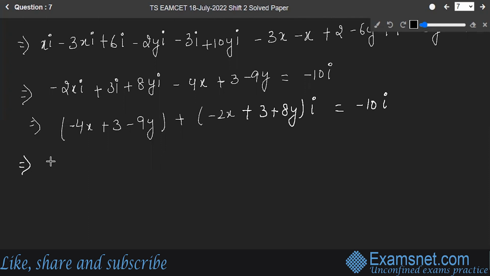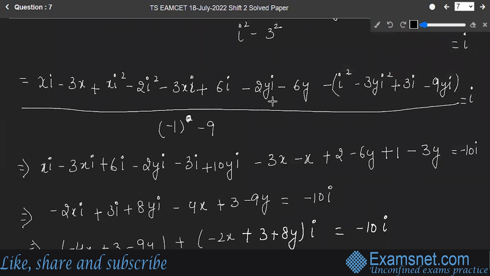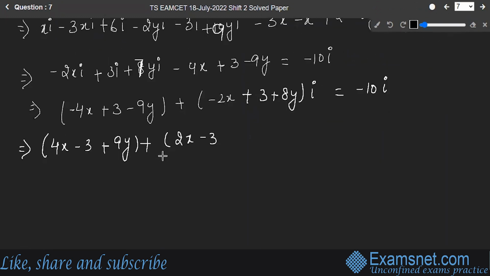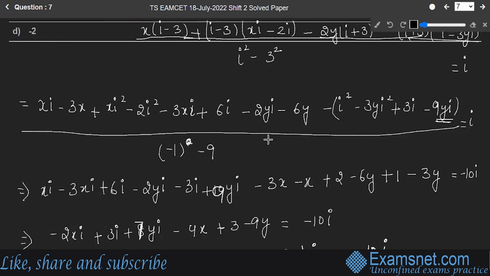Multiplying both sides by minus, you will get 4x minus 3 plus 9y plus 2x minus 3. Here's a small mistake. Actually, this was 9y iota and I wrote 10. Okay, so this comes out to be 7. All right, so this is 2x minus 3 minus 7y because